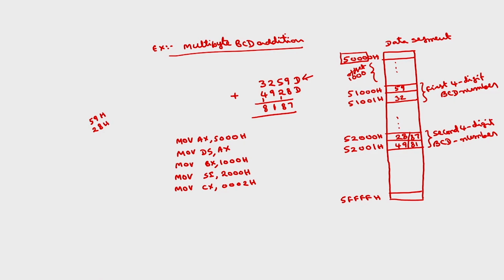The actual decimal result will be 87, but this comes to 9 plus 8 is 17. 17 is nothing but 15 is F, 16 is 10, 17 is 11. So this will be 81H in hexadecimal addition, but we want 87 decimal. To get 87 decimal from 81H,